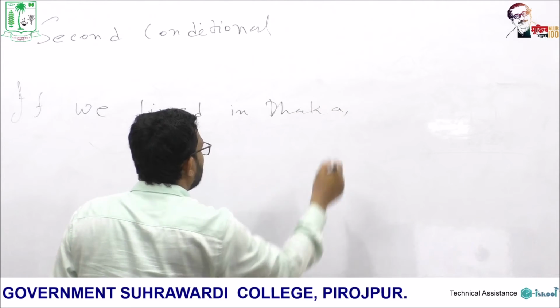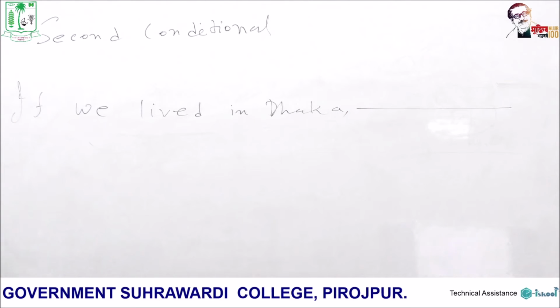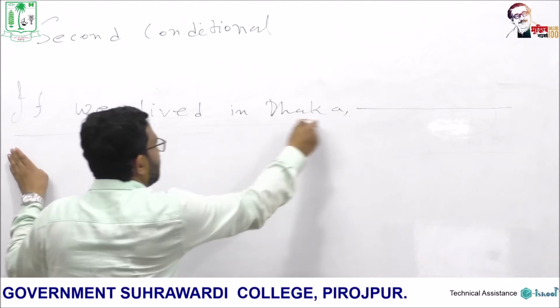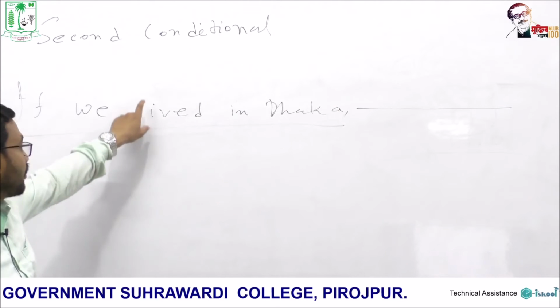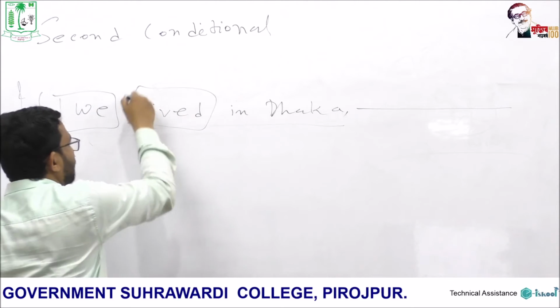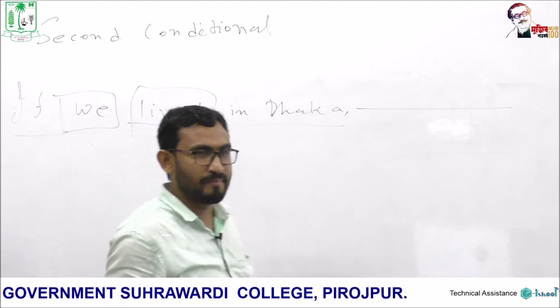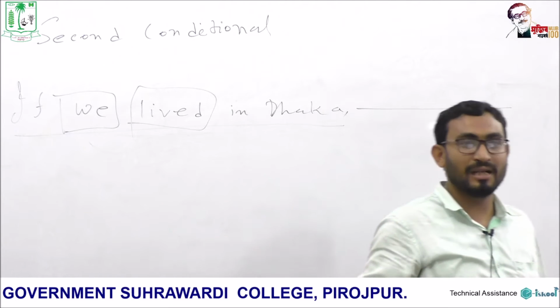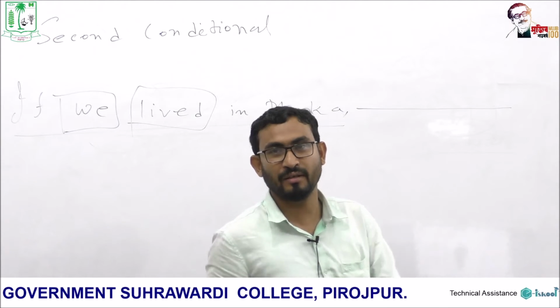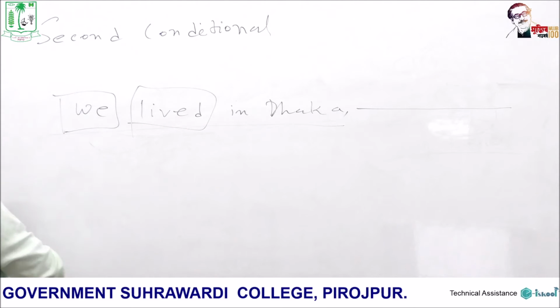For example, this incomplete sentence is given in your examination. How can you complete it? If we lived in Dhaka, the subordinate clause, that is the if clause, is given and it is written in past tense, that is subject and the past form of the verb. So if we lived in Dhaka, how can you complete it? What should we do? What grammatical rule should be maintained? If we lived in Dhaka,